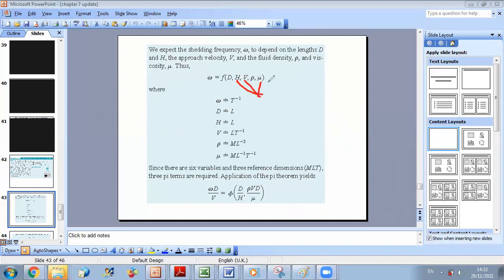If you do this, what does the first group become? D combined with H, so the first group would be D over H, which is exactly the same. Okay. Second group now I will combine rho with H, V and mu. What is the group